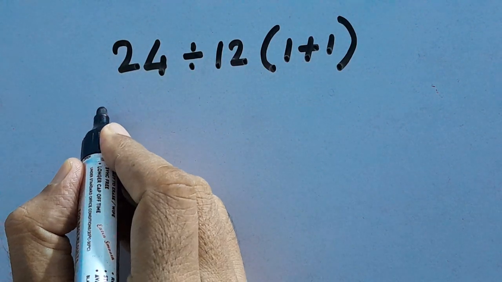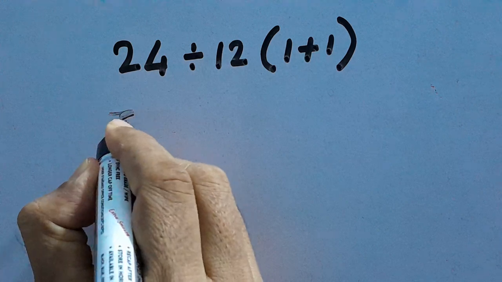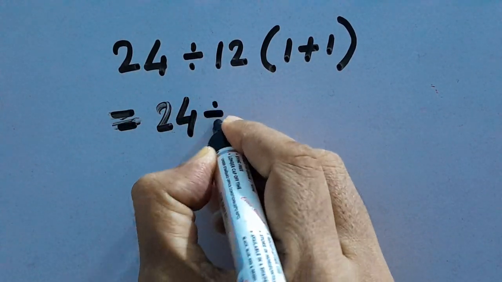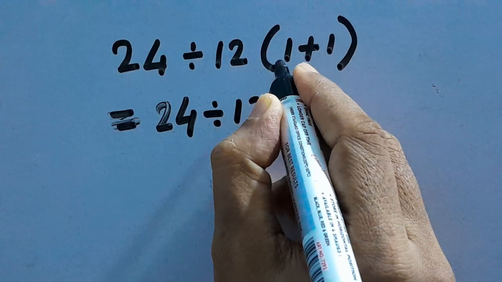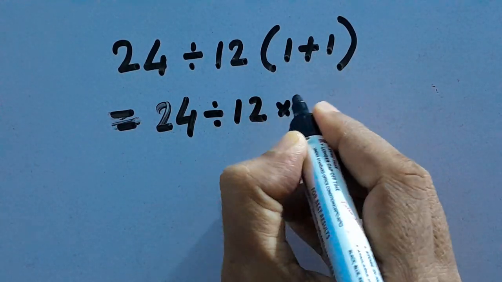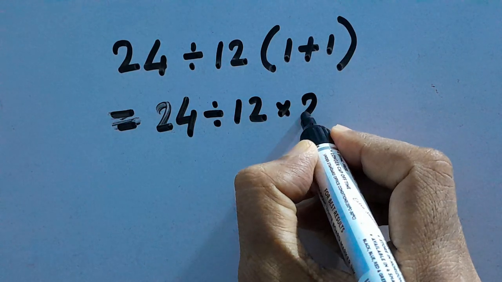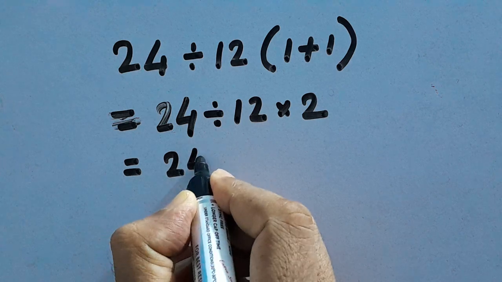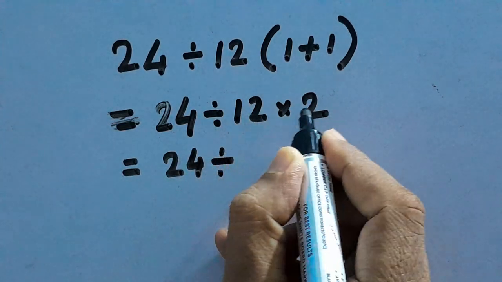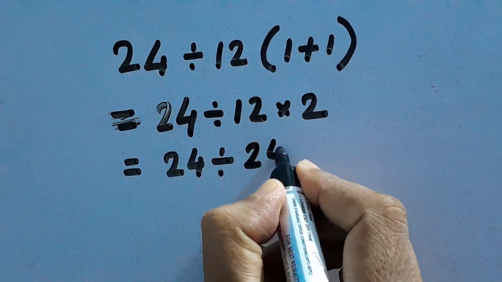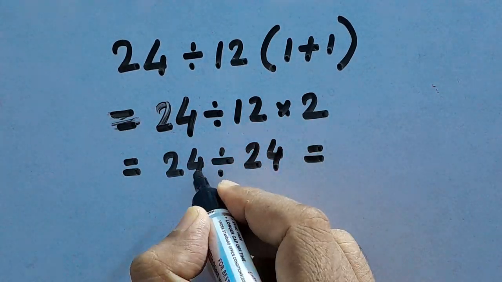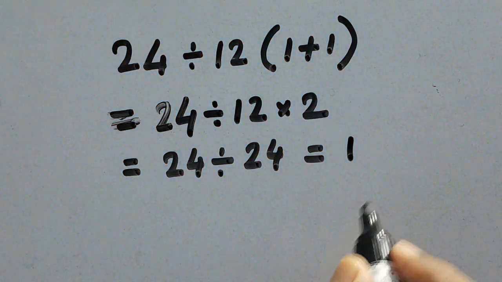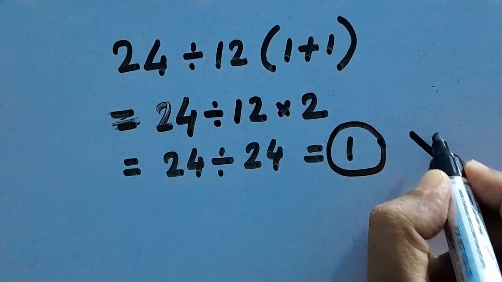So in most cases people solve it like this: 24 divided by 12, then this is multiplied by 1 plus 1, which is 2. So this becomes 24 divided by 12 times 2, which is 24, and 24 divided by 24 becomes 1. But this answer is incorrect,